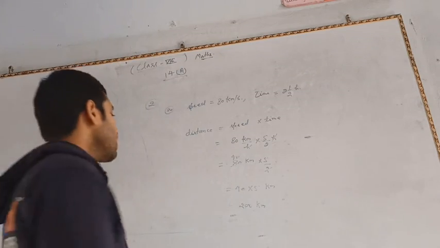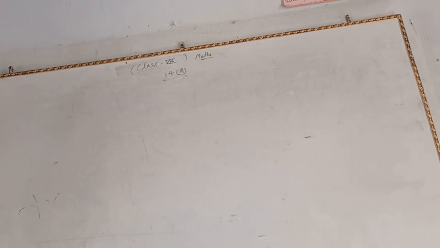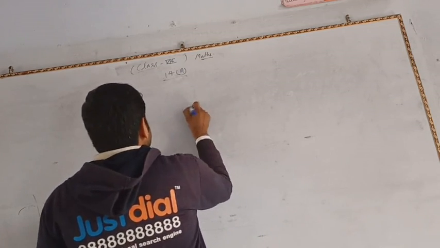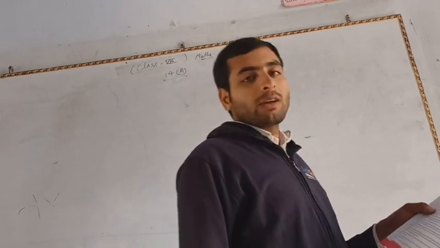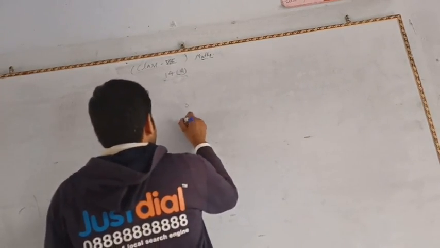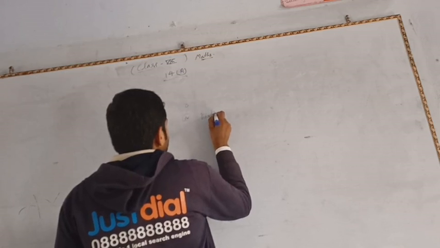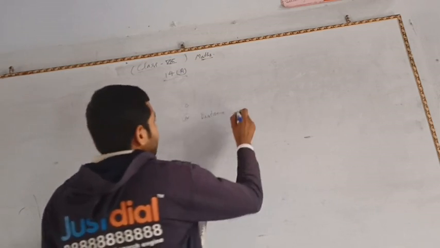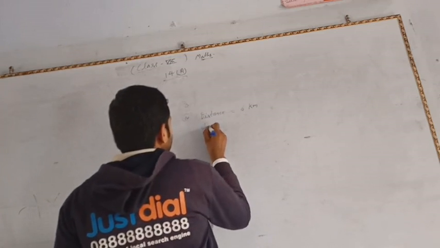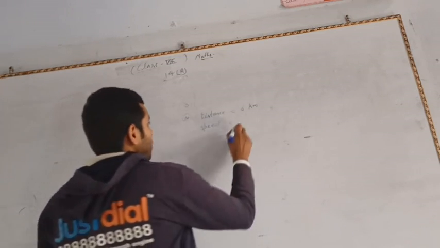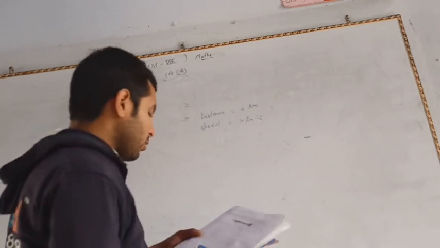Okay. Now from here, problem number 3. You have given that here distance and speed, and you have to find out time. You have to calculate time. So here in problem number A, distance is equal to, given that distance is equal to 6 kilometer and speed is equal to, given that 10 kilometer per hour. So you have to calculate time.